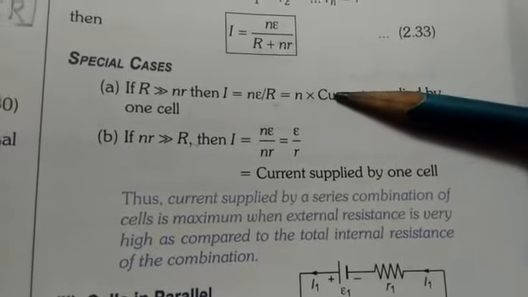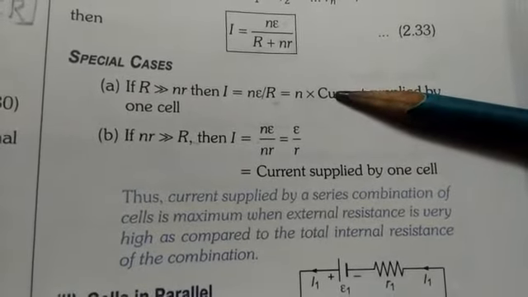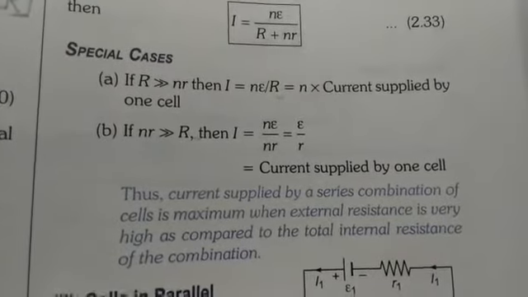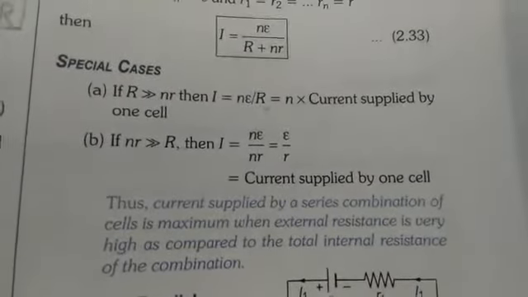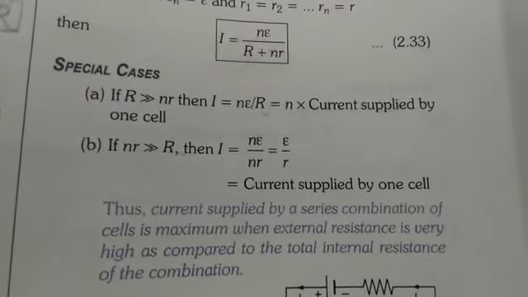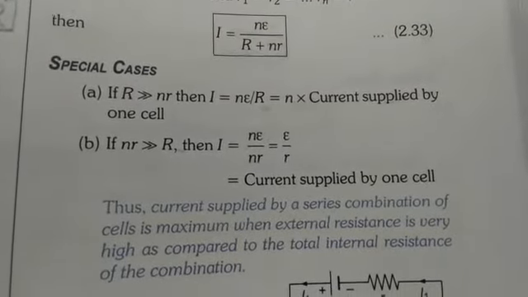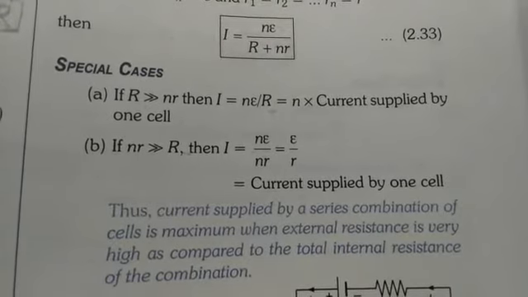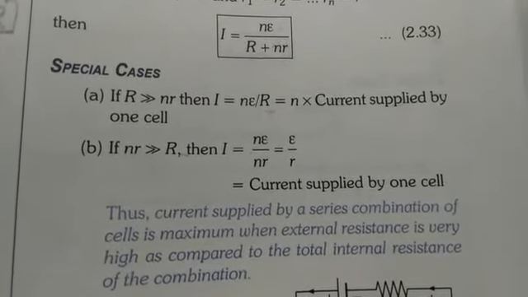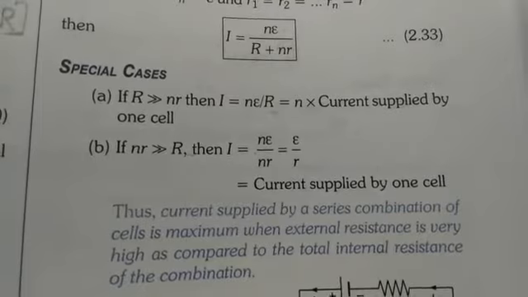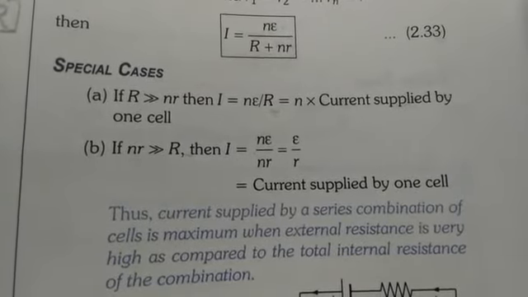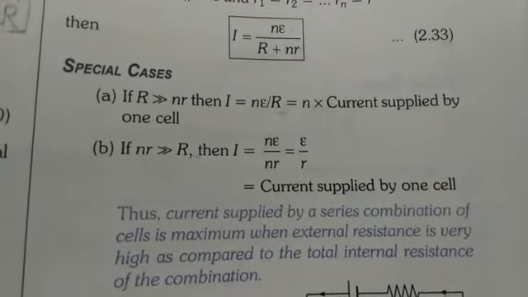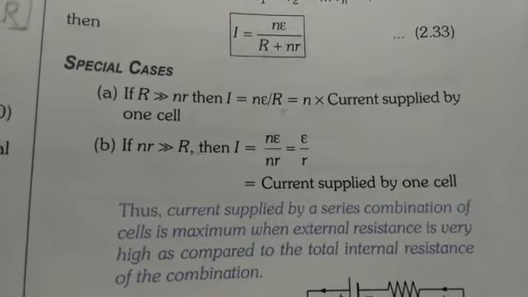That means in this case the current is maximum. So in series combination, if we want to draw the maximum current, then the external resistance must be greater than the total internal resistance. Okay, this condition you must learn by heart,